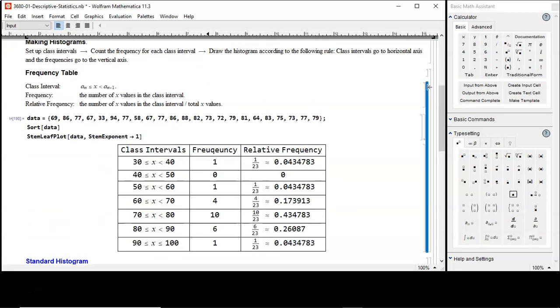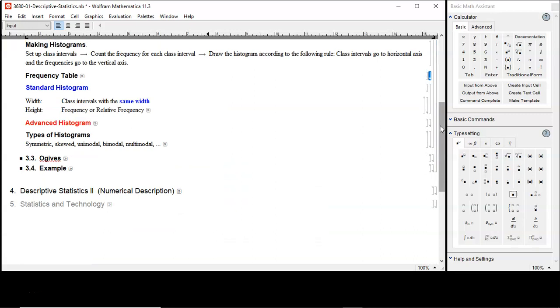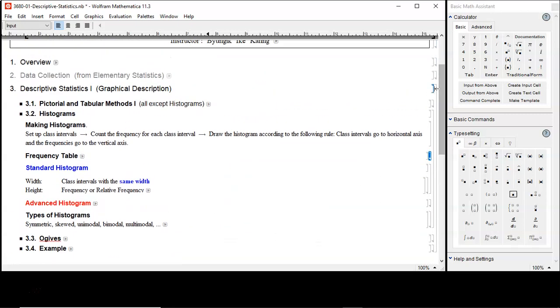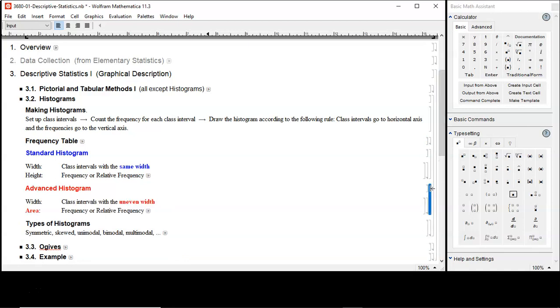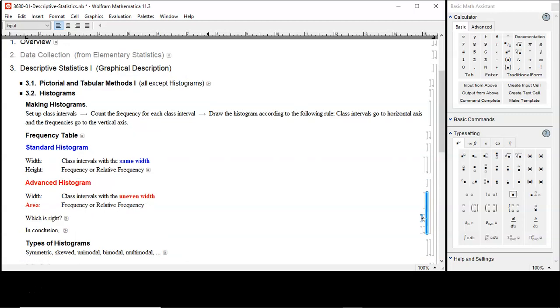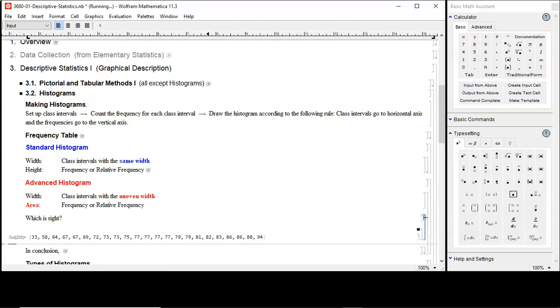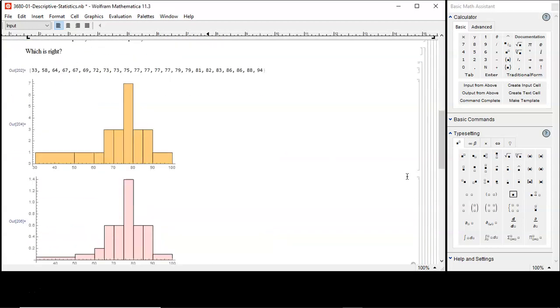Now this is 3000 level maths course. So what I say is, you must know what you're doing. Okay? You must know what you're doing. You should be able to deal with uneven class interval width too at this level. So what's the conclusion? Well, same class interval,